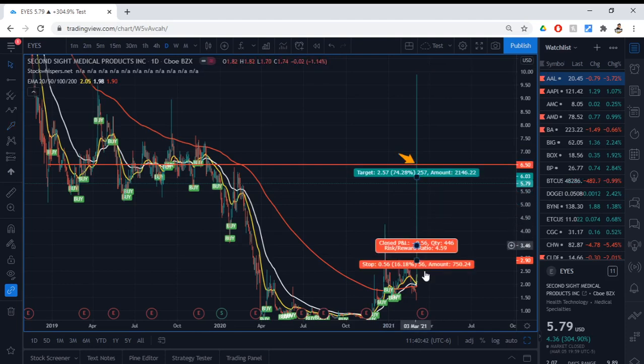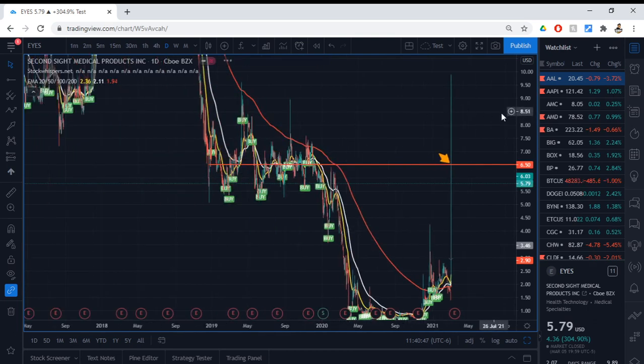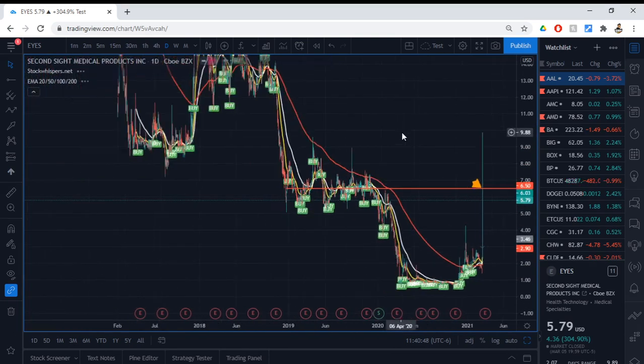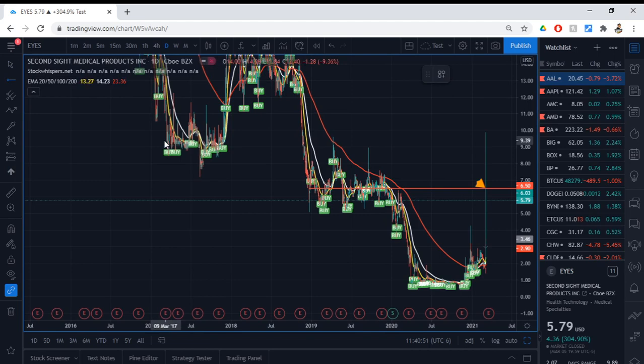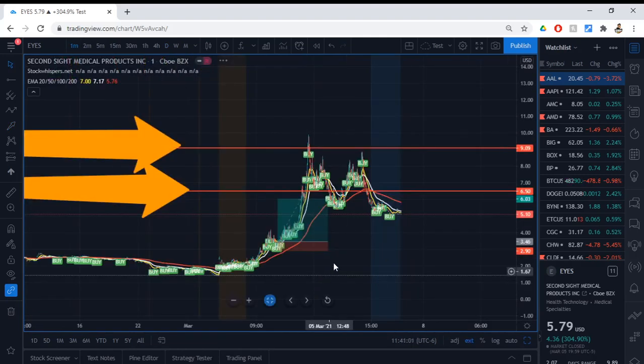Say I would have bought $500 or something here. I would have taken profit there. And then I would have looked back a little more and said, oh, wait, here's another resistance area. So I would have taken more profit here. And if we break this down back to the 1-minute chart,